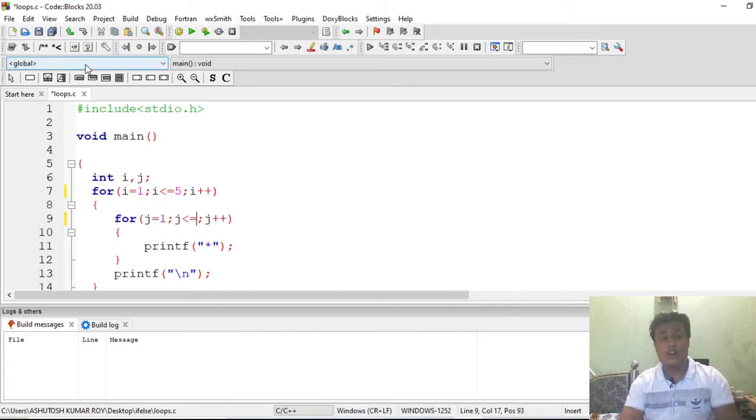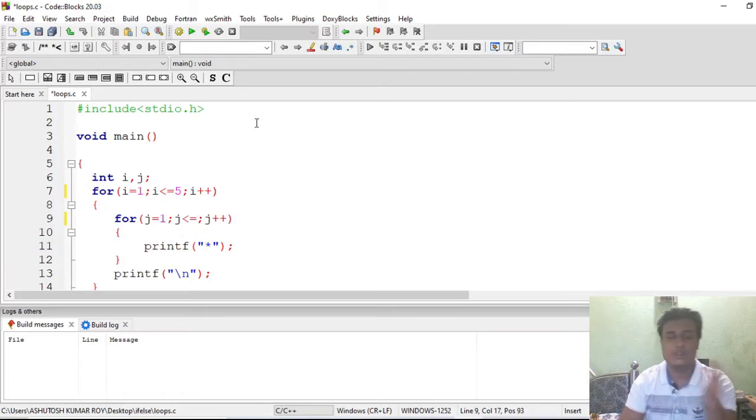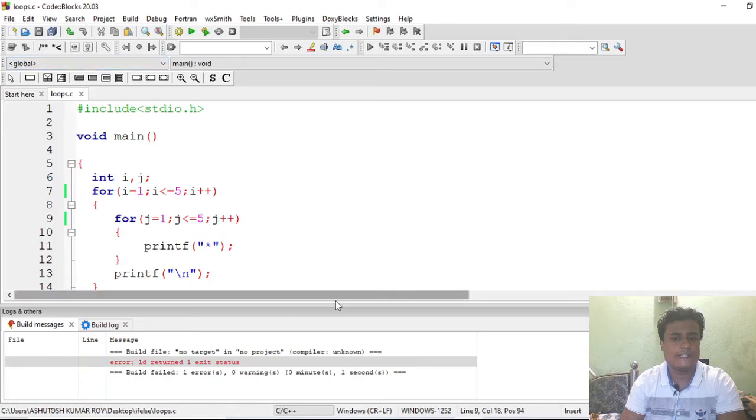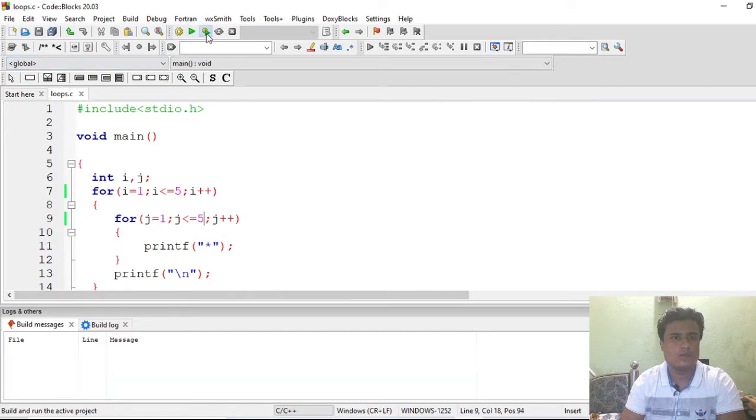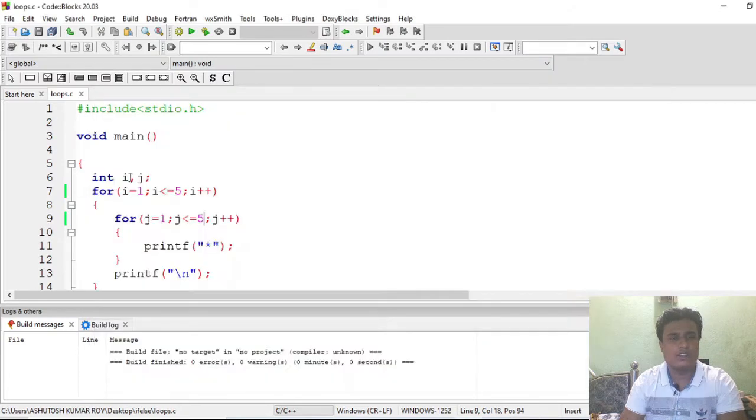I changed this from 0 to 1 to help you understand the logic. I can do the same thing using 0 to 4 also, but some of you might get confused, so that's why. Let's see that the output will remain the same. Okay, let me show you. You can see that the output still remains, so you can use it.